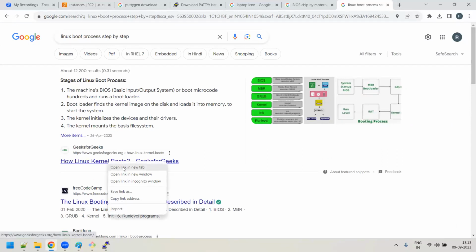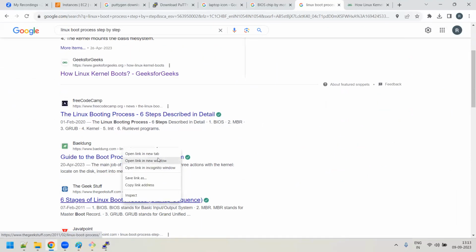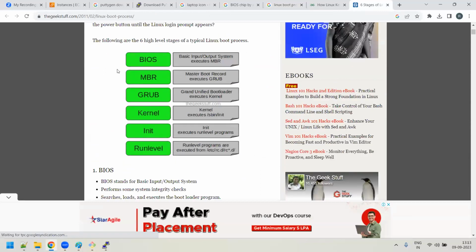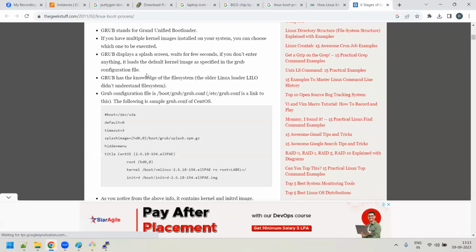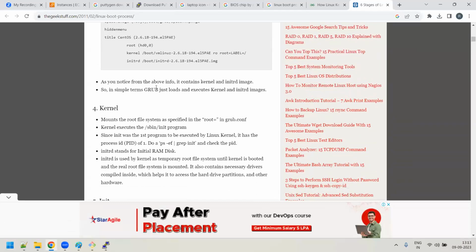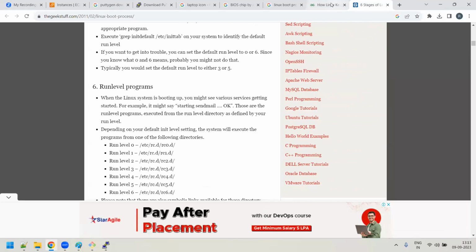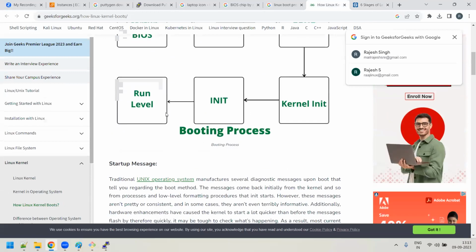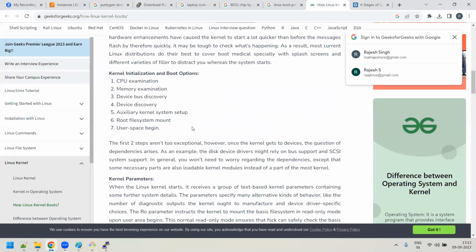This is for geeks. This is a good article. Boot process in Linux, 6 stages in the boot process here. See, BIOS, MBR, GRUB, kernel, init, run level. But this is a very high level they have given. If I want to tell you in a deeper way, see, GRUB is getting called, that's a bootloader. So it is calling startup_32. I think they have not told all these things, sir. MBR, GRUB, kernel, init, run levels, right? All this kernel initialization, all this different stuff happens here.